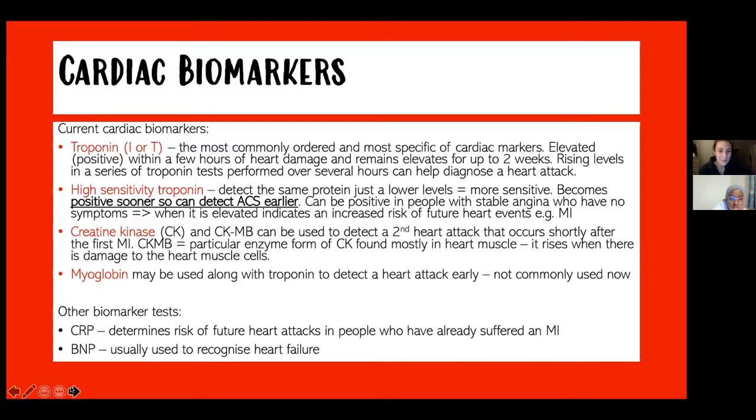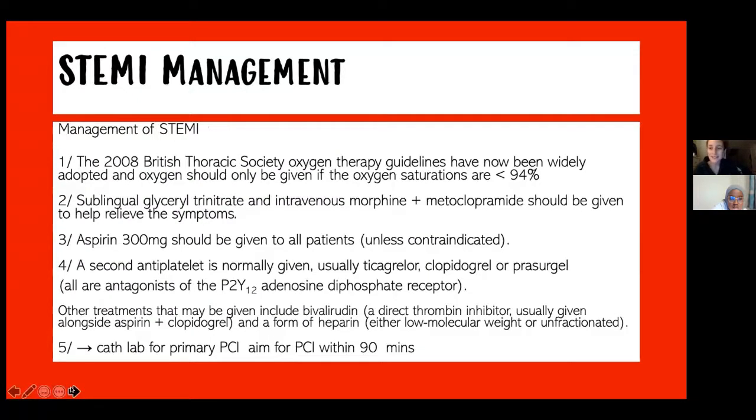Fab. So, STEMI management. We've already gone through that you wouldn't give anyone oxygen unless their sats are below 94%. You would give them sublingual GTN, usually first line. They might have had that in the ambulance, or they might have had angina and already taken it at home, and their chest pain is still present. Then when they get to the ambulance crew or into the hospital, we would give them some morphine